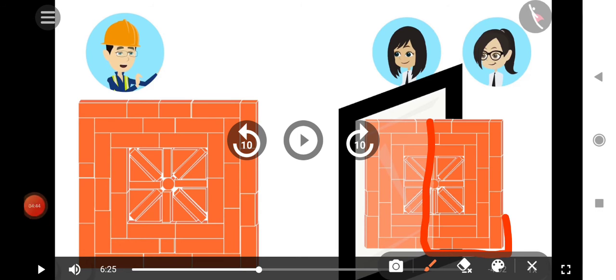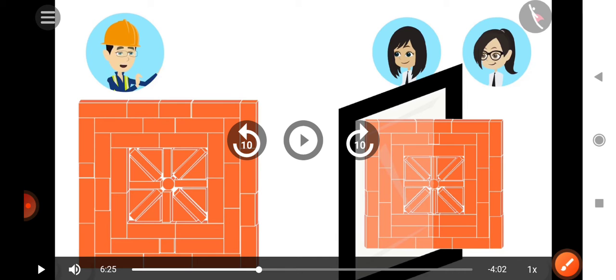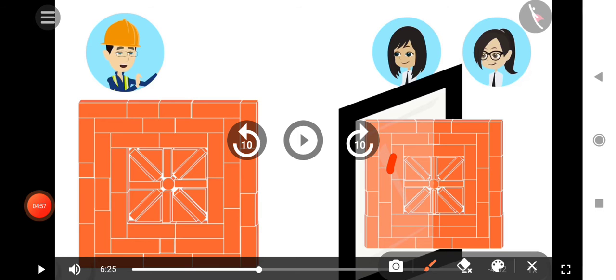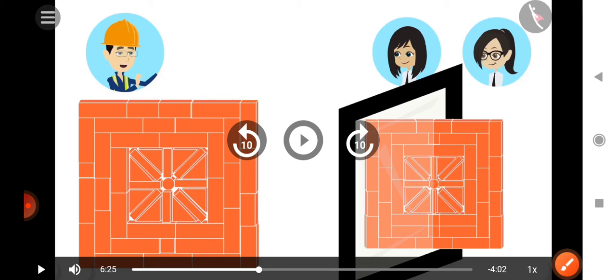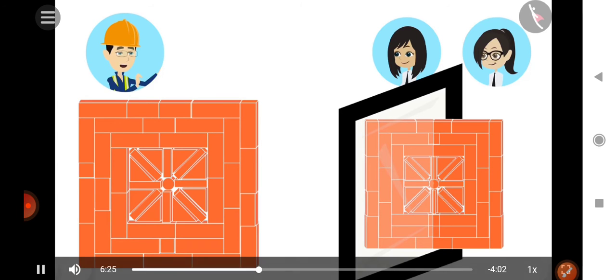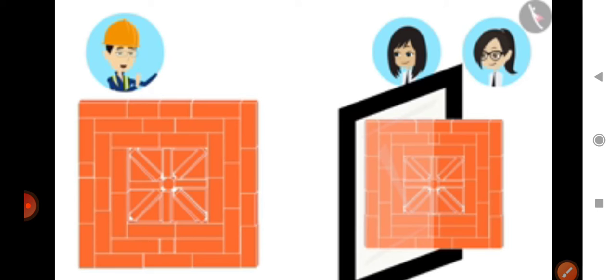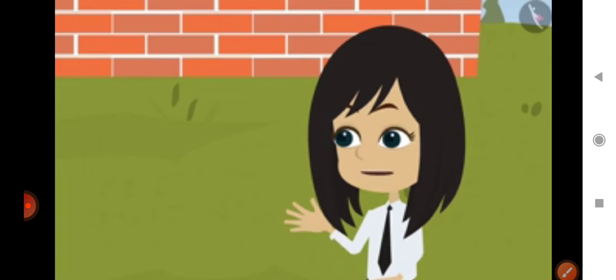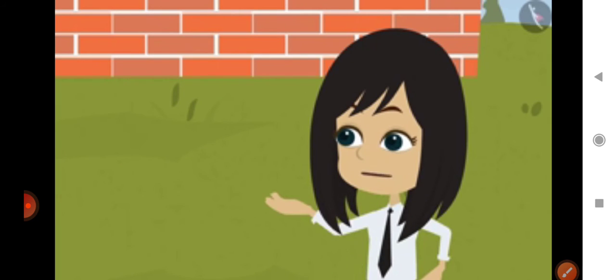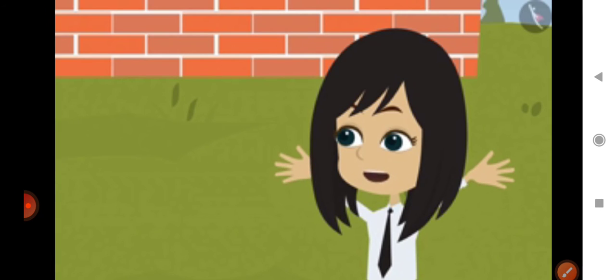Mirror half. See, in front of the mirror I keep this design, and the other part is shown in the figure. So this type of pattern is called mirror half. Can you understand? Look at it in the mirror, then you will see the whole design. Yes, sir. It means that the design present in one half is present in the other half too.